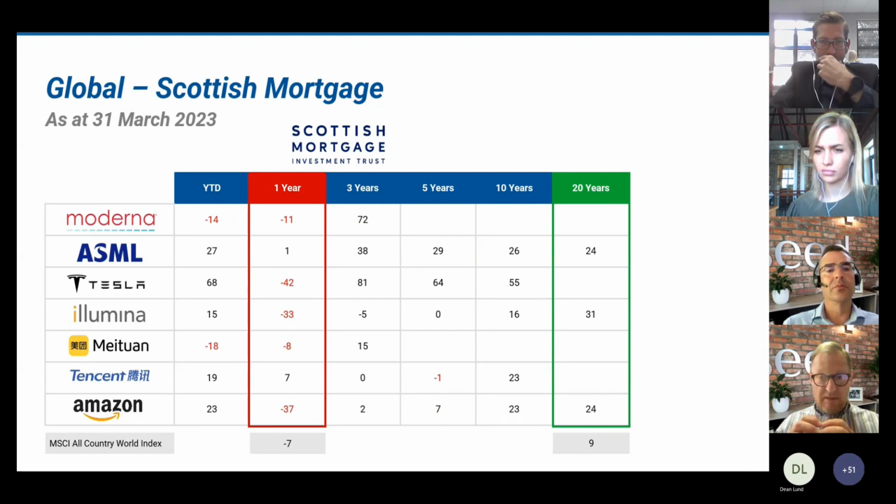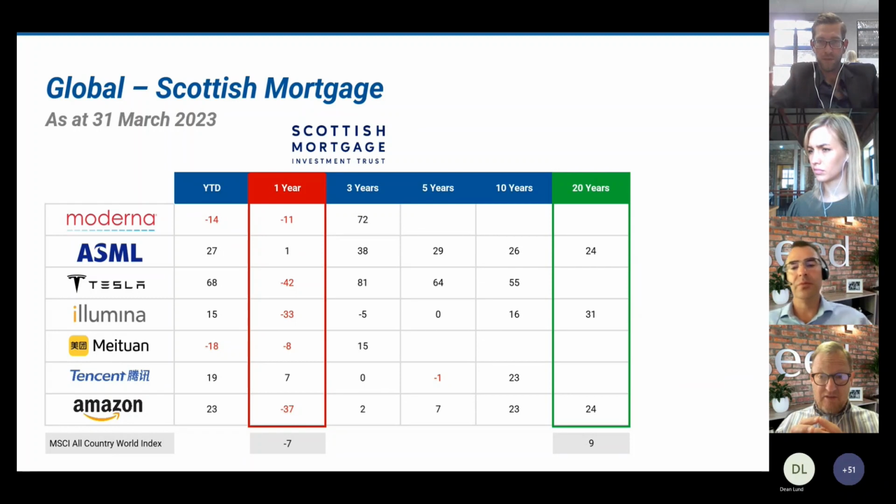There's not too many competitors in that space at all, and the technology that they've got is off the charts, and exceptionally difficult for anyone to come and usurp them. So hence, sitting in the pound seat and generating those type of returns, it's just incredible. 24% compounded return over 20 years.